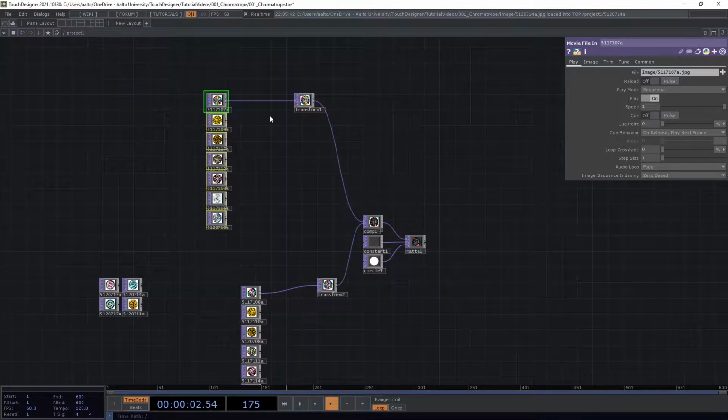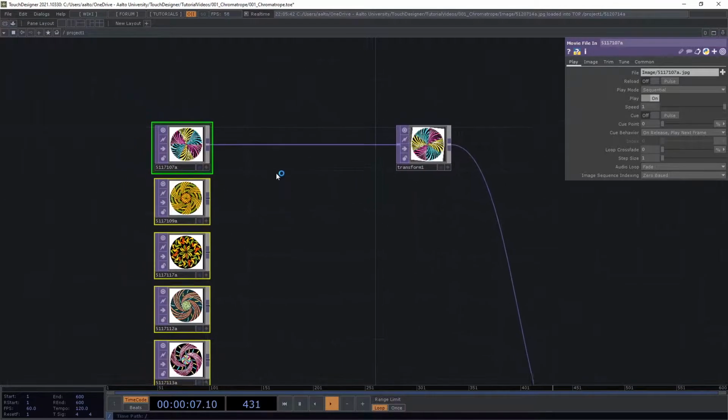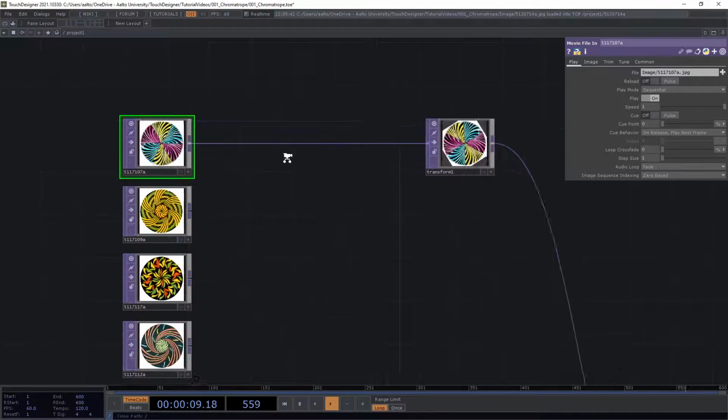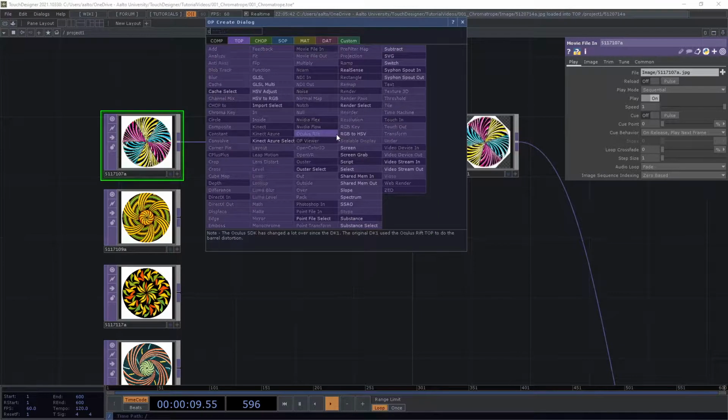Maybe give a little bit of space in between. So let's do first the top layer. As I said, there is a switch that we can add between the source and then the transform. So if I right click on the cable and I do insert operator and I search for a switch top,